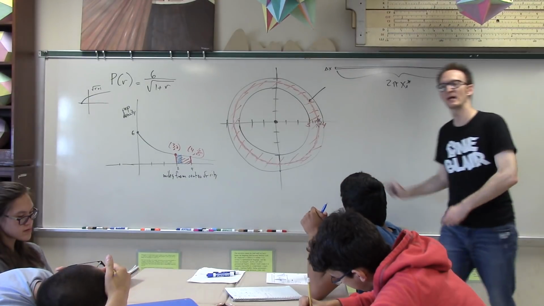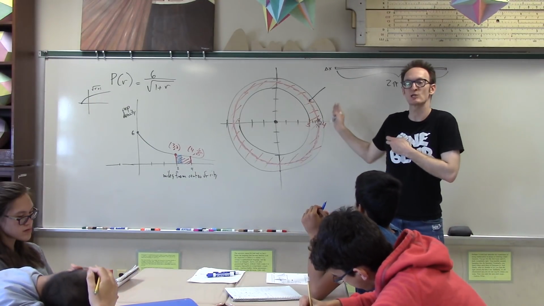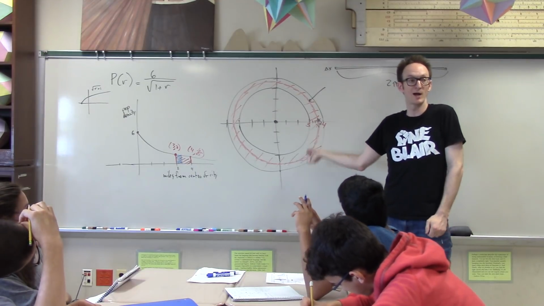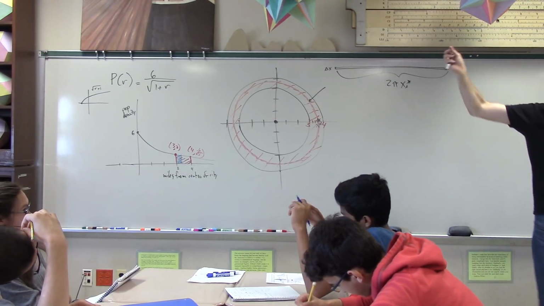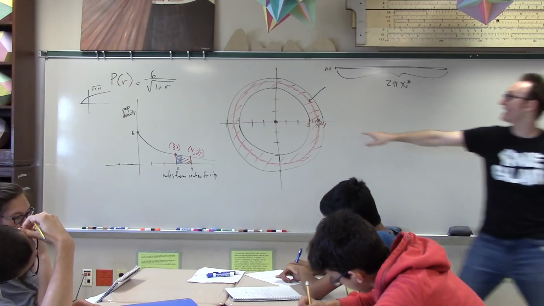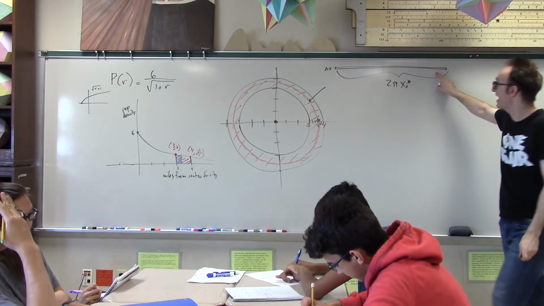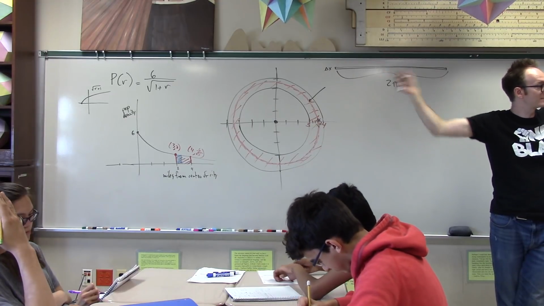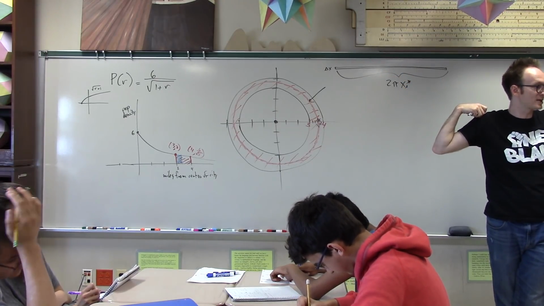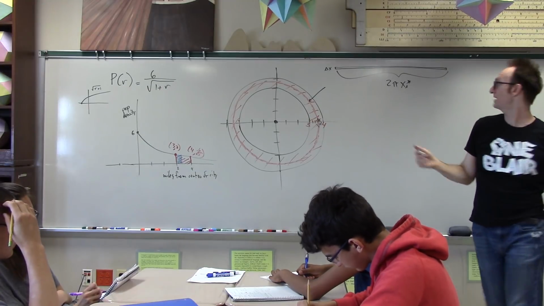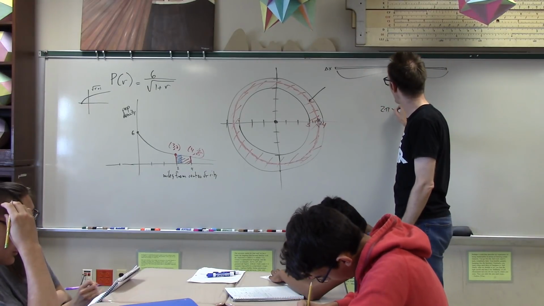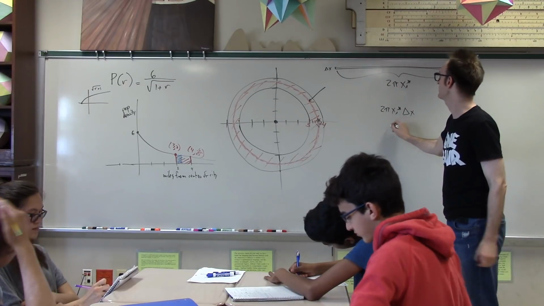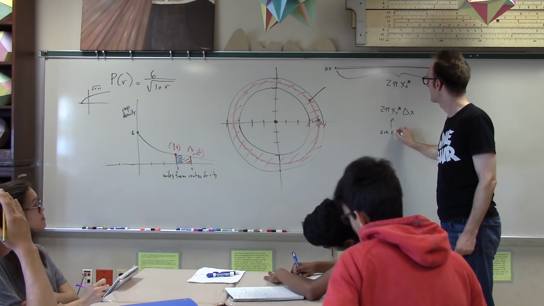I'll start from the beginning again. You take the interval from 3 to 4, you partition it into subintervals. You go to the ith subinterval, you take a sample point x sub i star. A ring centered at x sub i star is going to have area like the circumference of that circle times the thickness of the partition. Can you nod if you agree with this? Okay, so 2 pi x sub i star delta x represents the area of